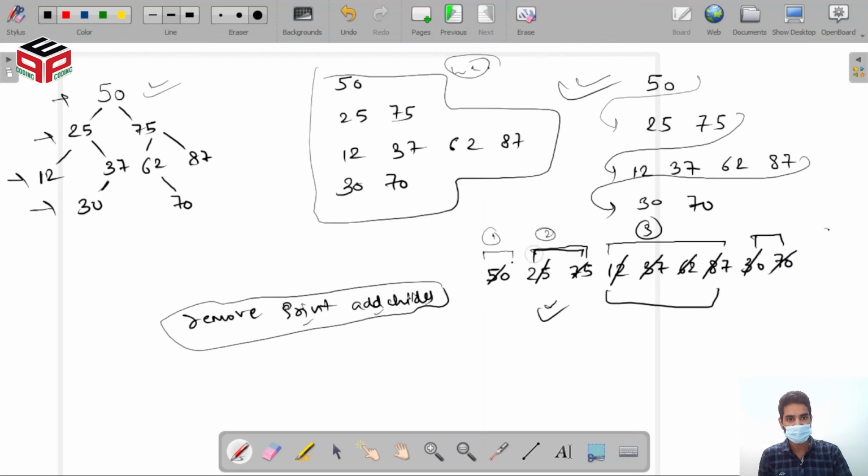The for loop is iterating some number of times, and after this we are printing println. Between these two printlns is the for loop. The for loop is running one time, then two times, then four times. So this is how we are going to print the level order traversal of a binary tree. I hope you guys understood the problem. Thank you.